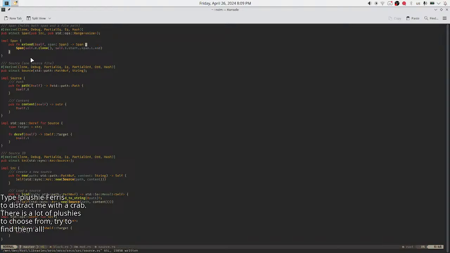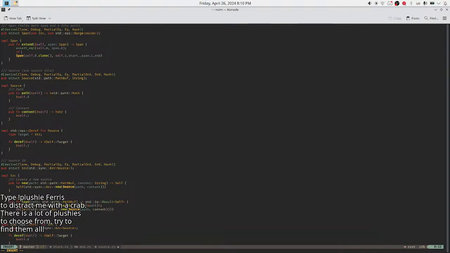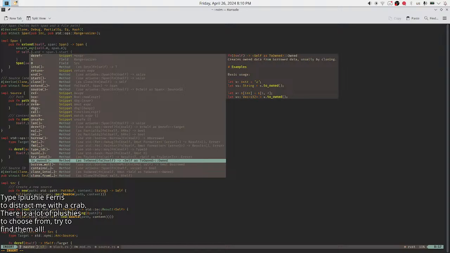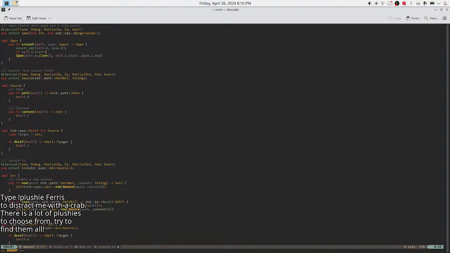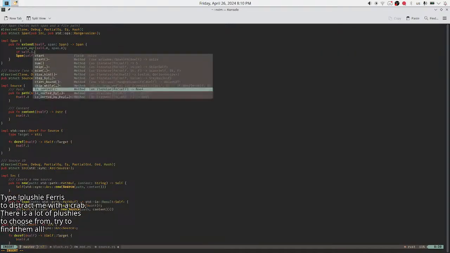Expand with other span. And I'll need to assert equality of this, because I can't just extend in two separate documents. If self one start is less than span one end. How do you do this the right way?